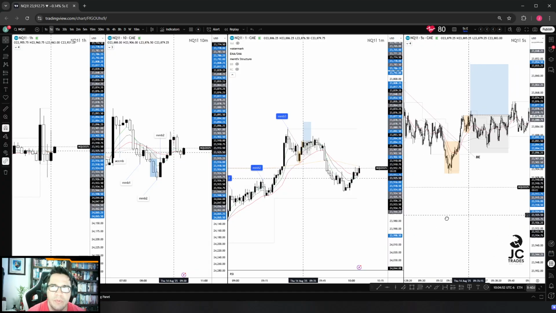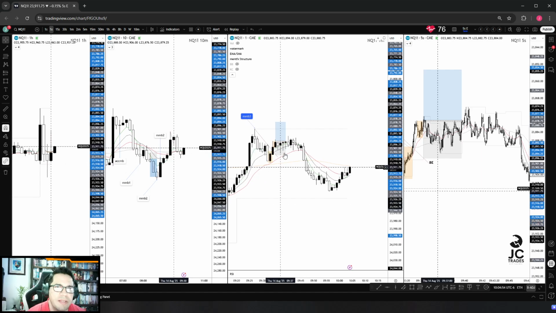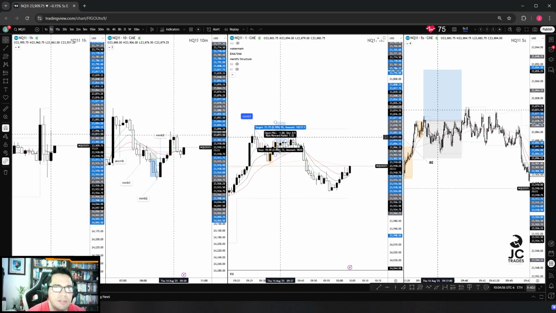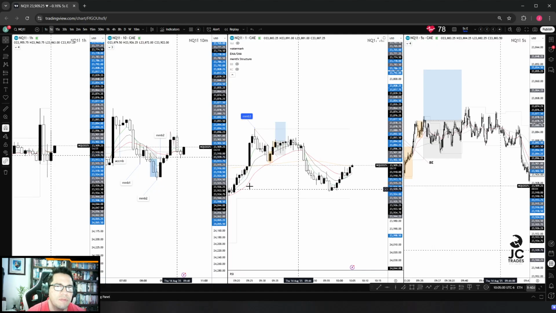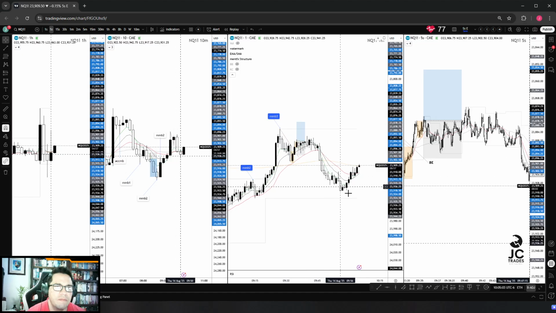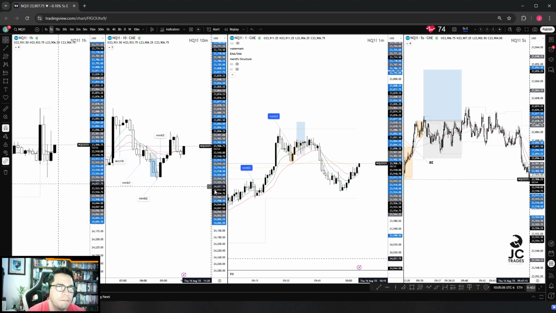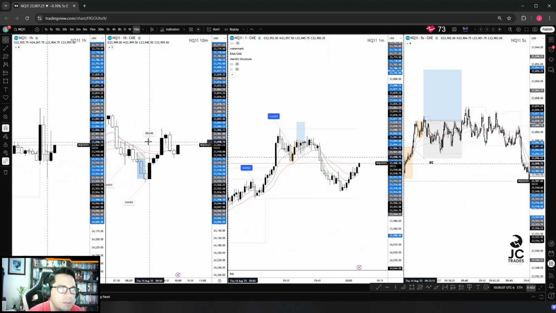And after that, we had some choppy price action on the 1 minute, and then basically a failure of this bearish cycle. And right now we are resting here as part of what could be